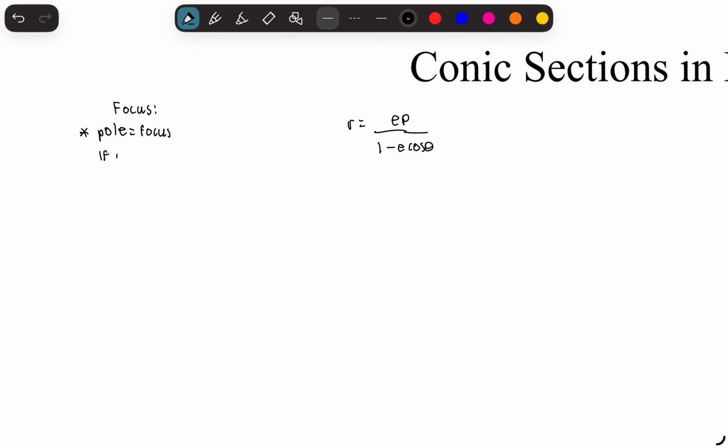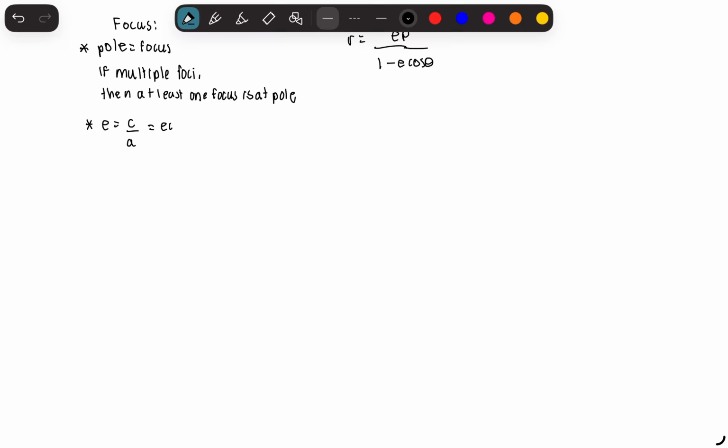And if you have multiple foci, at least one focus is at the pole. So your e is also equal to your ratio of c over a, and this is your